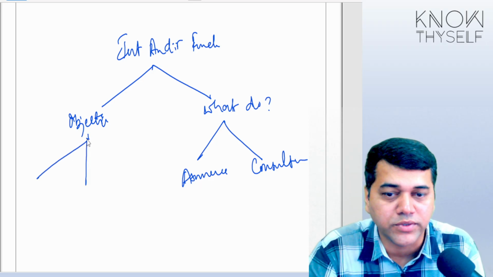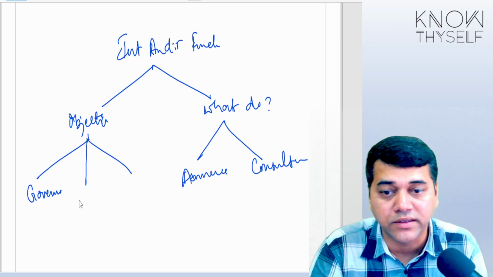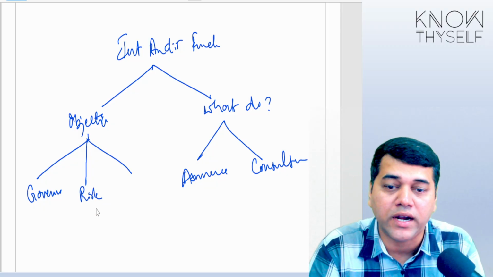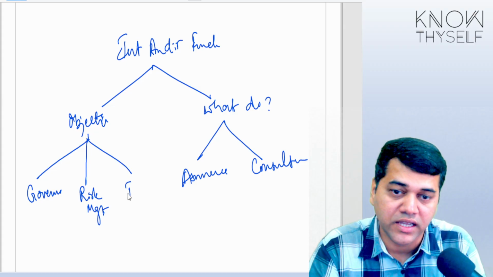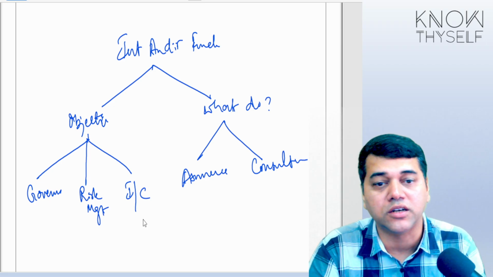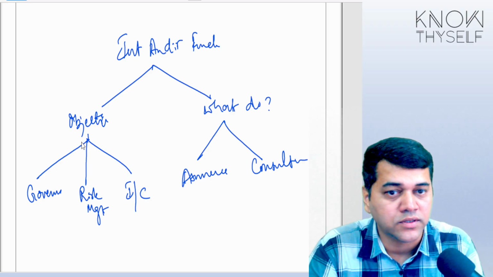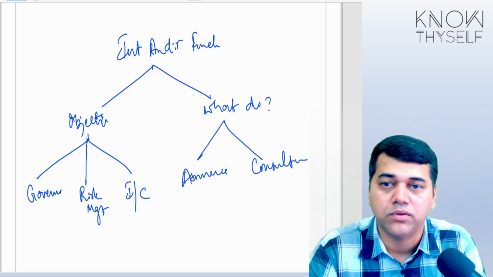Okay, so there are three objectives. One, they want to ensure the governance of the organization as a whole. We will see what exactly governance is. Second, they want to handle risk management. And they are interested in the overseeing of internal control, which means internal controls are operating effectively. So I can say these are all the three objectives. These are all the scope.